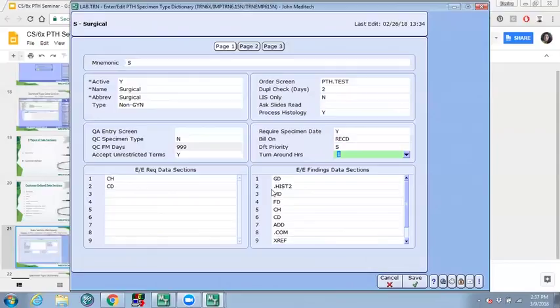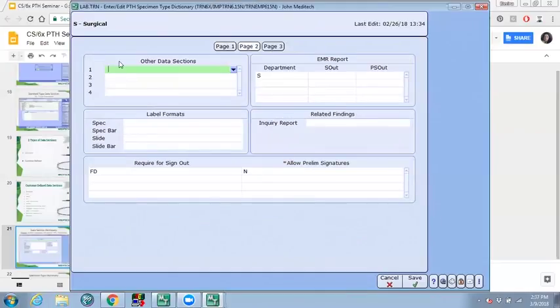So in order for you not to corrupt any specimens that currently use these data sections, our recommendation is that you remove it from page 1, such as I did, and go on page 2 and enter that data section that you removed. So that data section will still be associated with the specimen type,